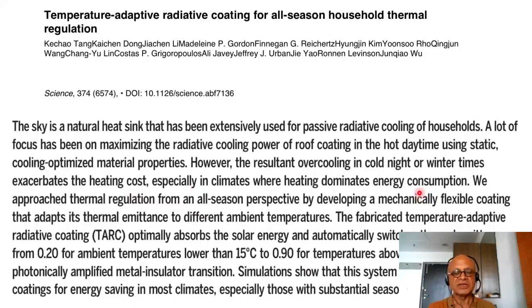consumption. Turns out that overall heating energy is much larger than the cooling energy, so there are articles saying we need to stop screaming about air conditioners and cooling for the future and worry about reducing energy used for heating. We approached the thermal regulation from an all-season perspective by developing a mechanically flexible coating that adapts its thermal emittance to different ambient temperatures. So if it's colder, the material changes its properties and then you are not reflecting as